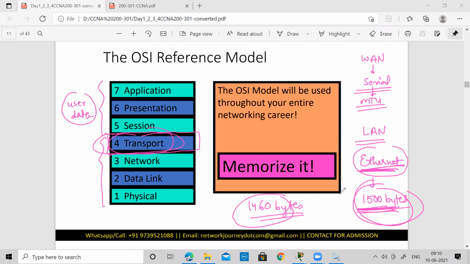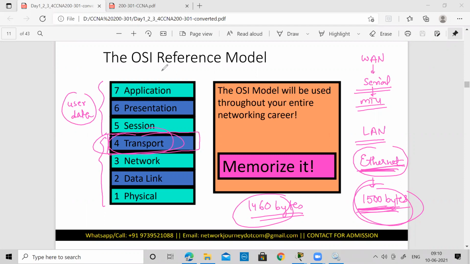However, there are certain programs nowadays that can help conceal the error and get back the actual file if there are just a few errors. So transport layer is very much responsible for detecting the errors, correcting the errors, doing sequencing, doing acknowledgement, doing retransmission, as well as doing port addressing.